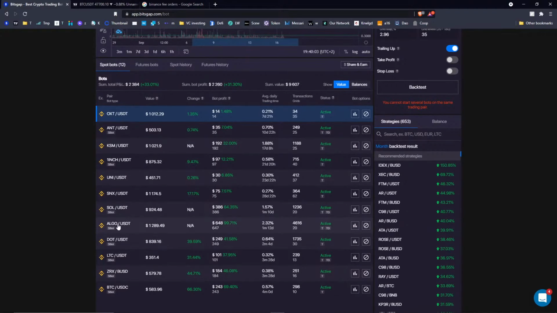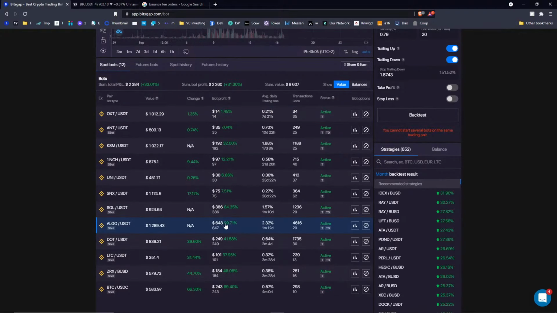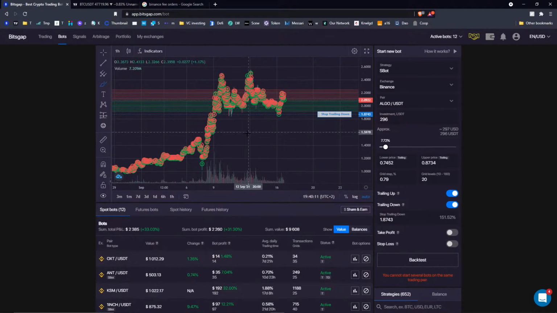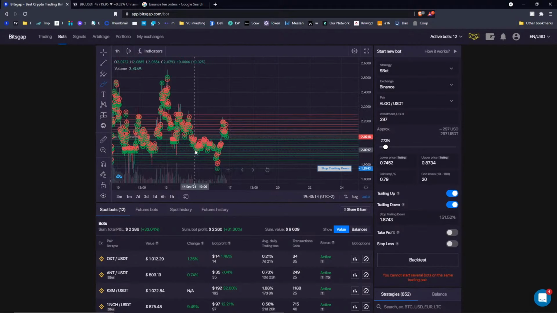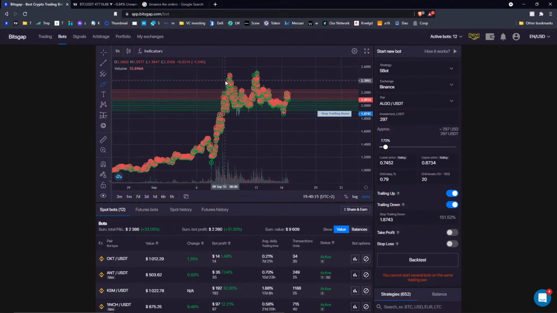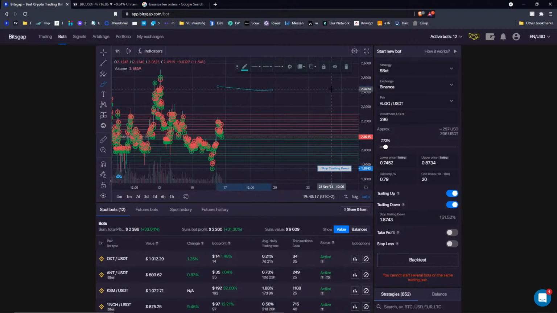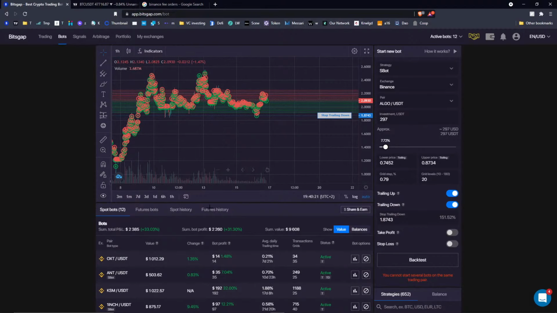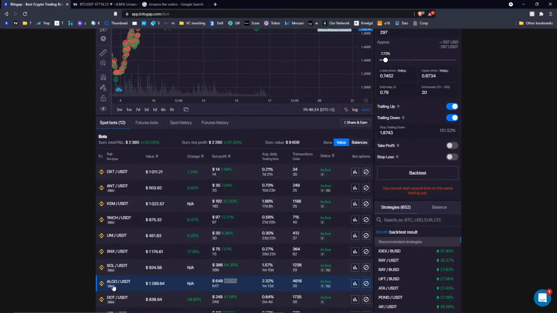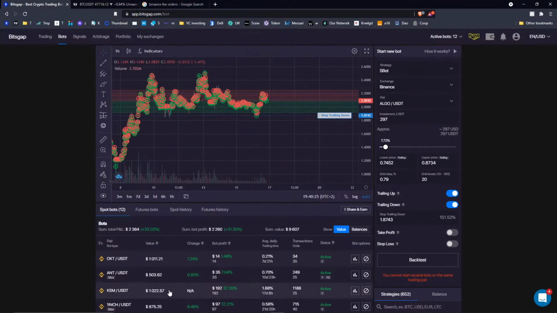So for example, my algo trade is doing just great. See, 99% in 1.5 months. That's an insane result. So not only did it peak that high, but also you see the price been moving sideways for quite a long time here. And we know that on the sideways market, S-bot is like the best one. So that's why you see it managed to capture all this market price